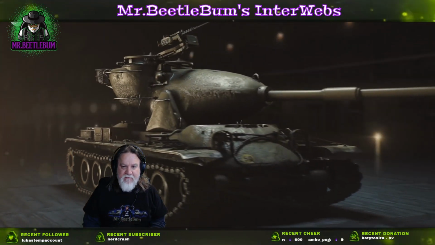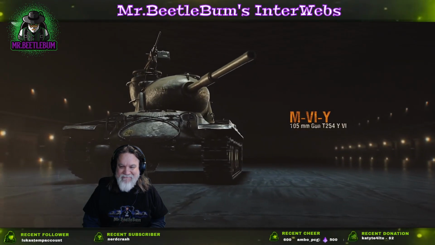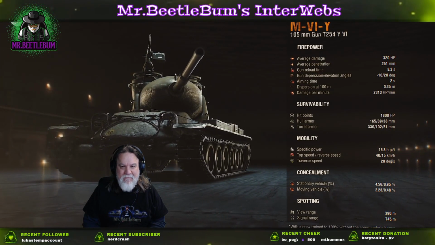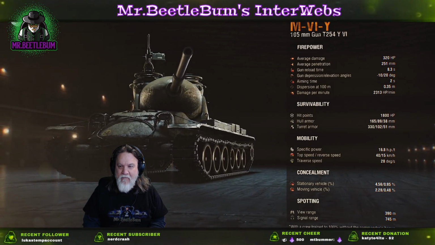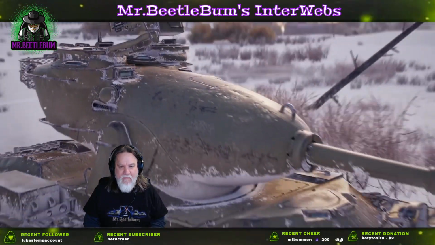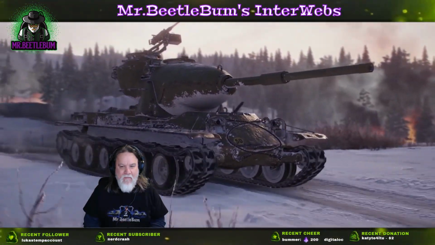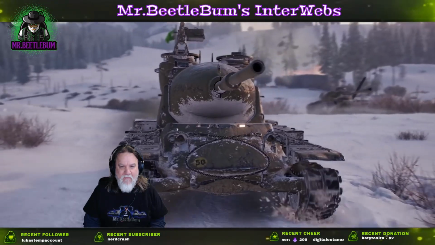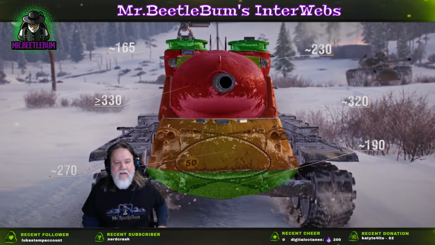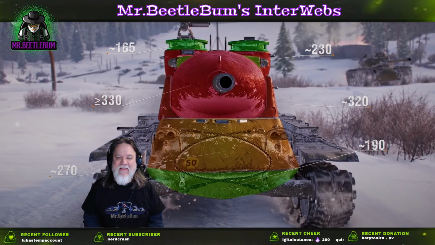Ladies and gentlemen, the M6Y is your final push to the crown of the branch. This vehicle keeps the general concept of Yo tanks, but takes on a different appearance. The elongated turret looks especially impressive, and it has good armor and a shape prone to ricochet. Okay, look at the turret, man. 330, 320. Now, again,